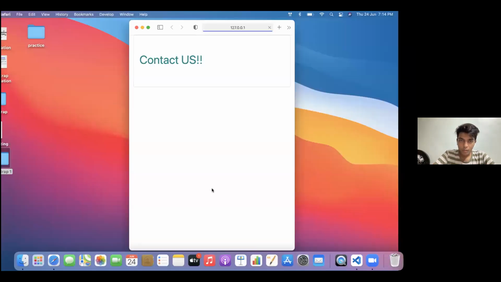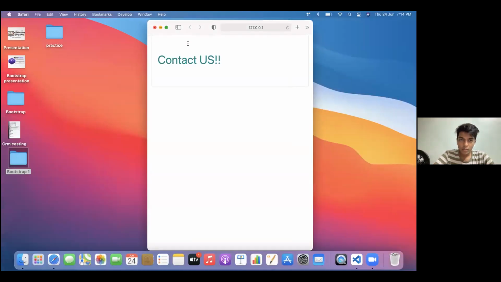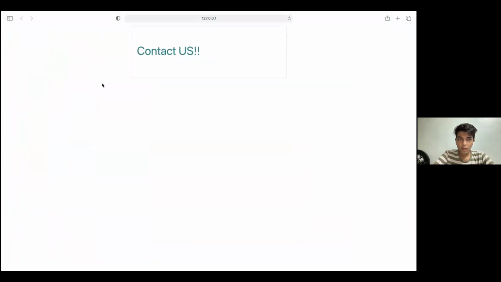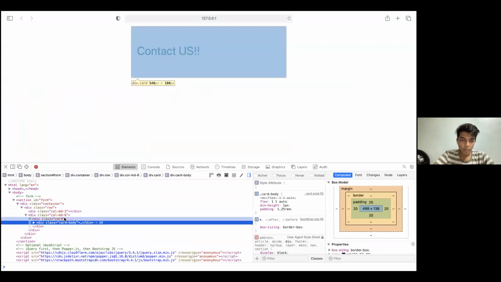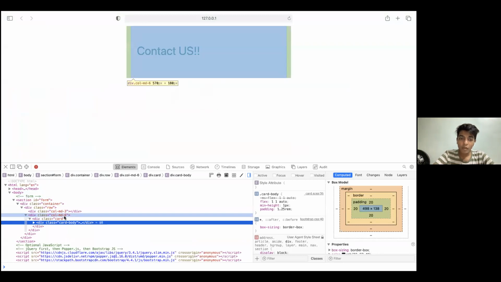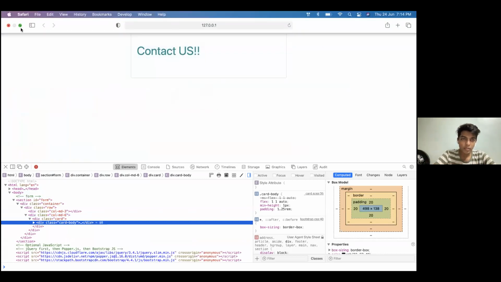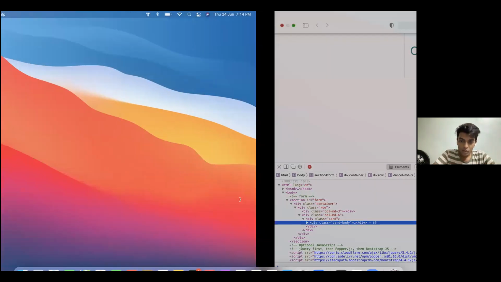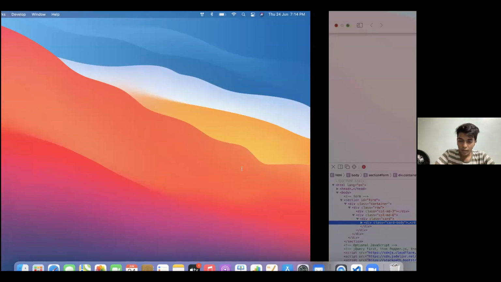So this is the card that is there, and this is provided by a col-md-6. If we inspect this, you see it is in the middle because I have given a MD of 3 here and MD of 6 here. I have to provide an MD of something so that when I make the border short, it doesn't provide me with some margin error. So okay, the contact us is perfectly visible.